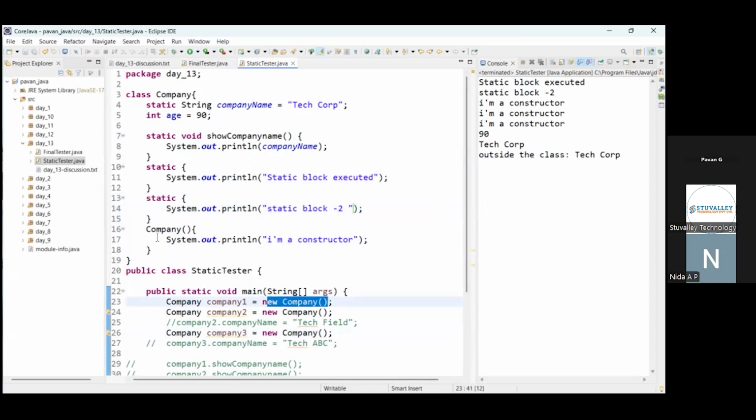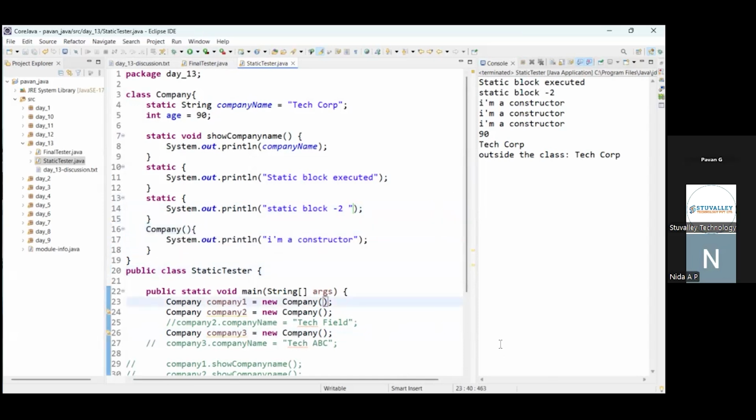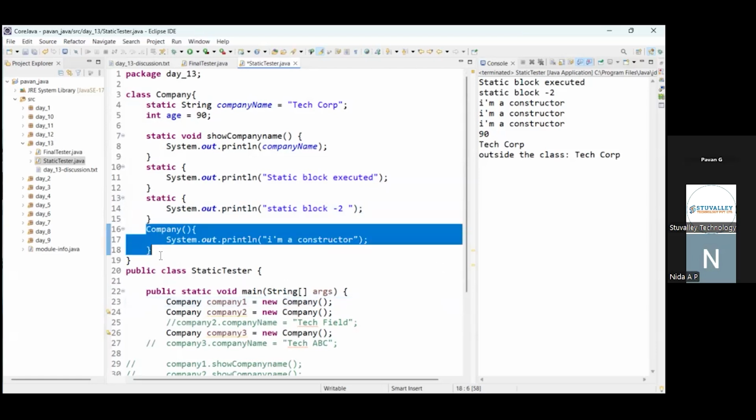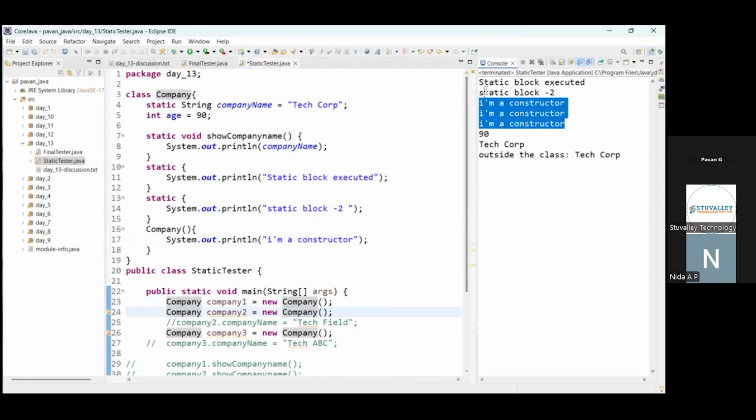The default constructor is parameterless, right? Parameter means you will be passing a value. If you're not passing any, that is parameterless. When you're creating an object, it will go ahead and invoke the constructor even if it is not mentioned in the class. You can override the constructor. So you can see "I'm a constructor." You have three objects, so three times "I'm a constructor" is printed, but the static block prints only